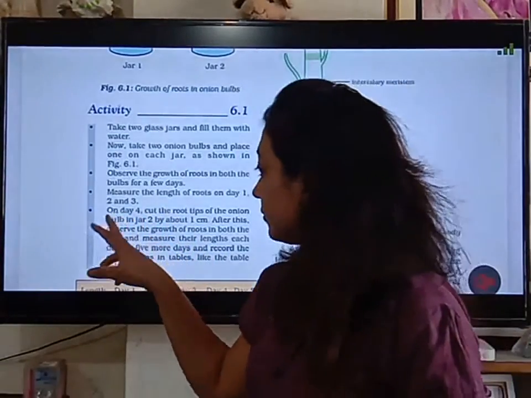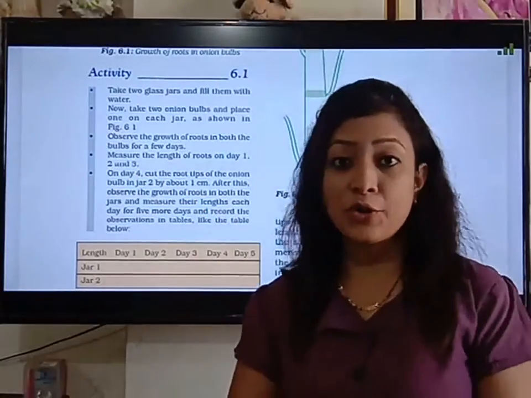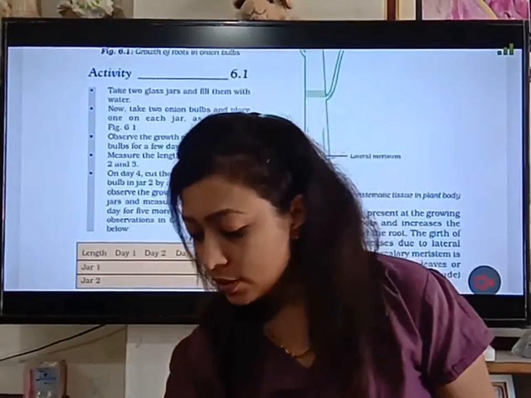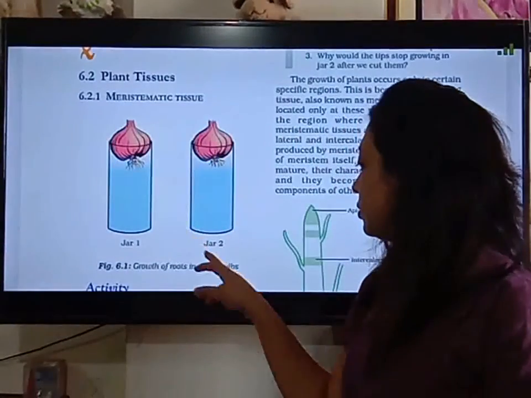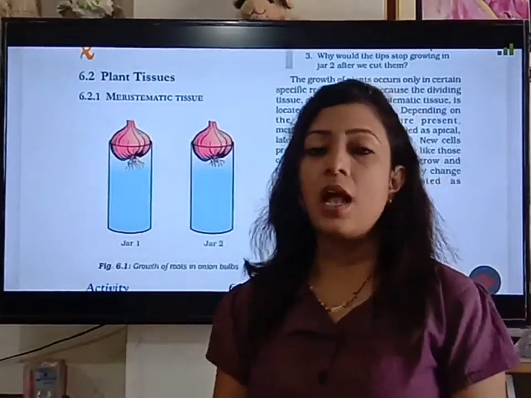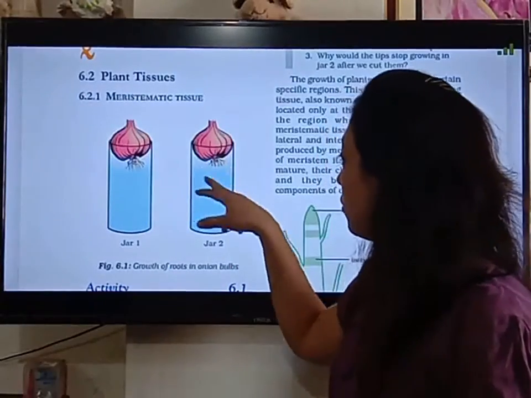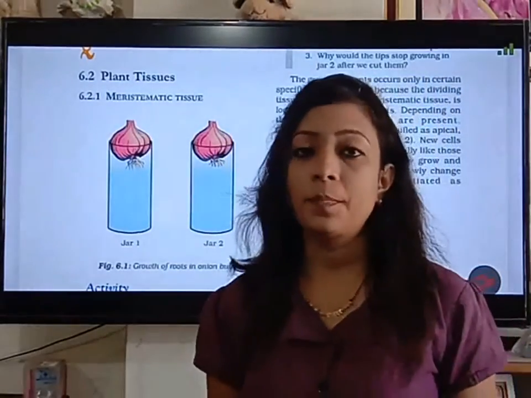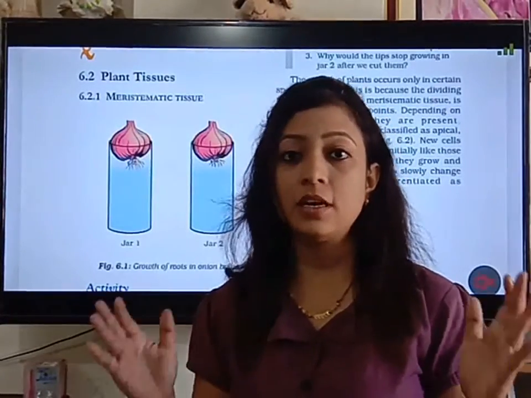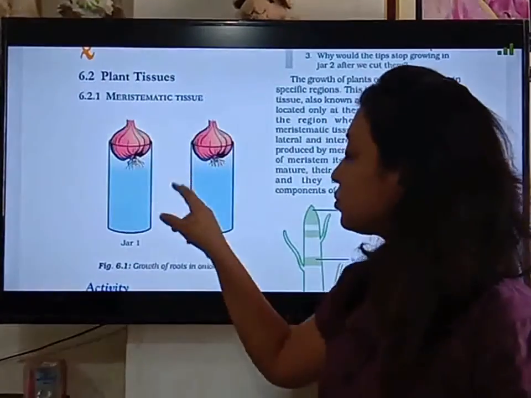Now children, what you have to do is on the fourth day, you are going to cut the roots from the onion of jar 2. So for example, here is jar 2 and here is the onion. You will observe that the roots are growing, and on the 4th day you are going to cut the root tips of the onion from jar 2. And how much are you going to cut? About 1 centimeter of the root tip you are going to cut, and then allow these onion roots to grow more in